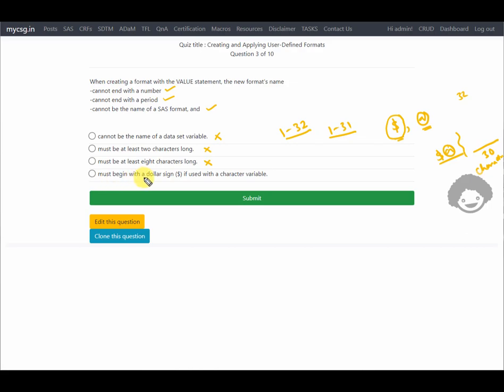So it says must begin with a dollar sign if used with a character variable. So if we are creating a format to use with a character variable, as per the naming rule, we have to specify a dollar sign before the format name. So this is the correct option. So let us see if this is the case. The last option,